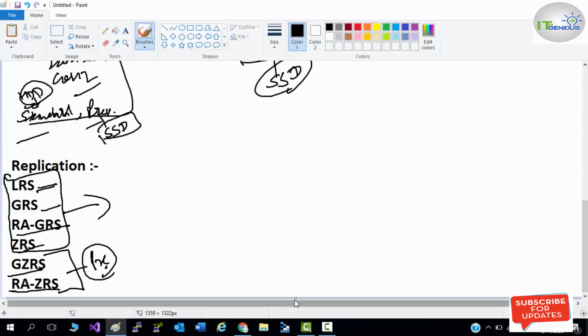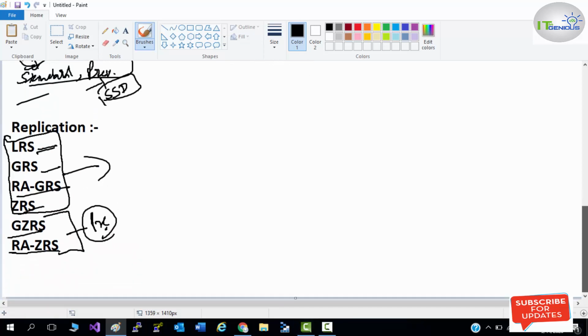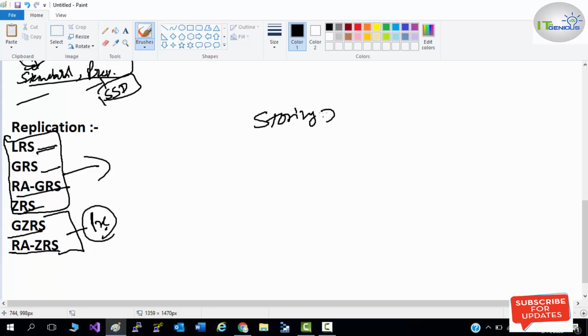Now, data copy. The next option is storing data to Azure.